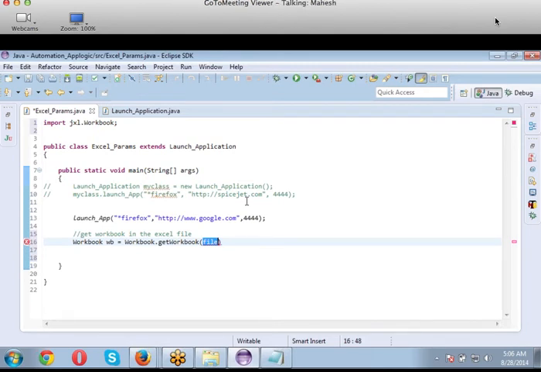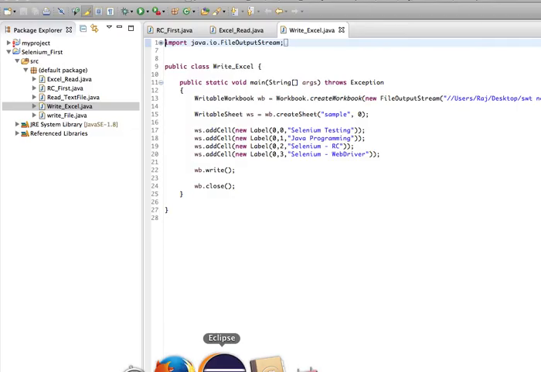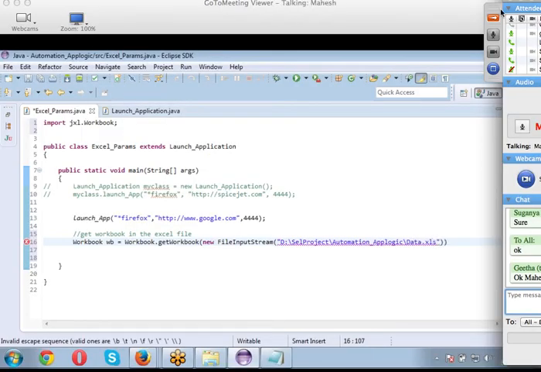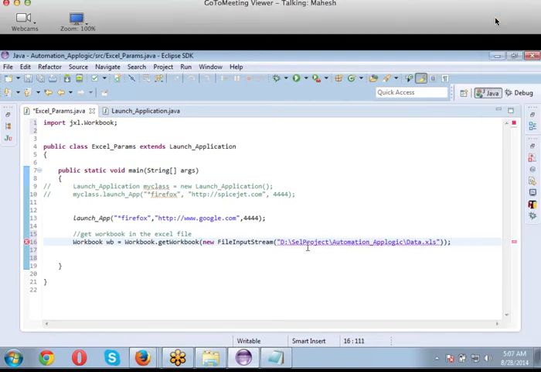Everyone, you practiced Excel sheet programming, right? Reading in Excel, you have to input the file. Yes, we need to instantiate a class called FileInputStream, because we want to read here. It will tell where my file is. I'll say data.xls. Now this is giving me an error here. What should I do? The path is giving me an error.